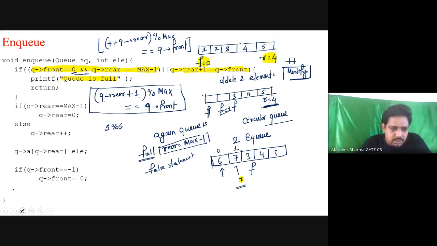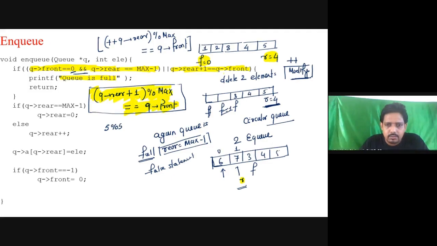So now stick to this. Both the conditions you can check separately, or you can write this value over here, that q pointing to front, max minus 1, and that is equal to front, and this will work. Right? So instead of plus plus, this is something that I am writing here only. So in this case it is equal to front, and we have again checked the relation.